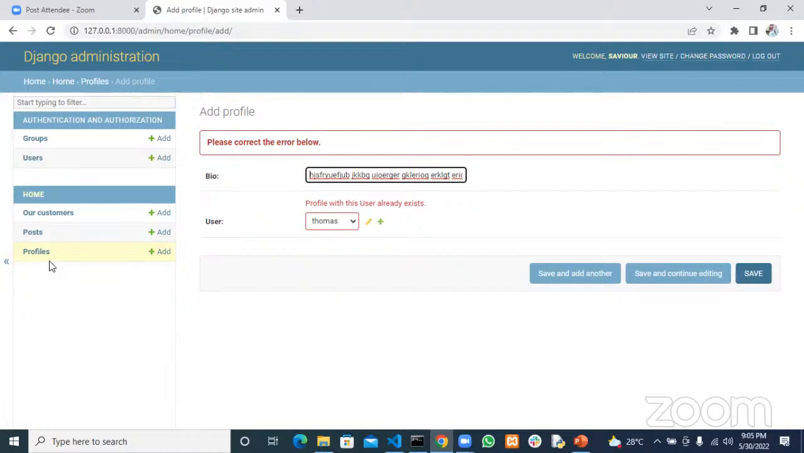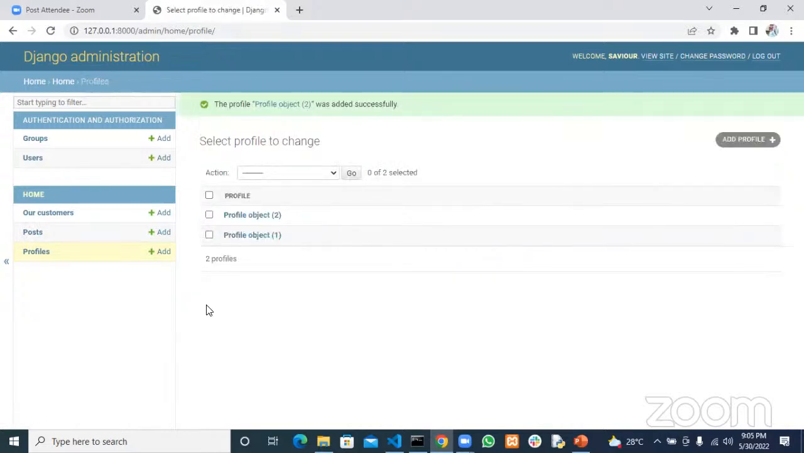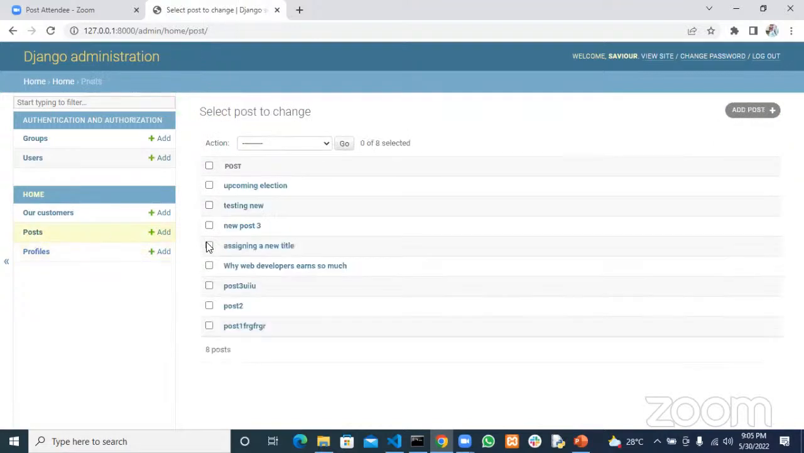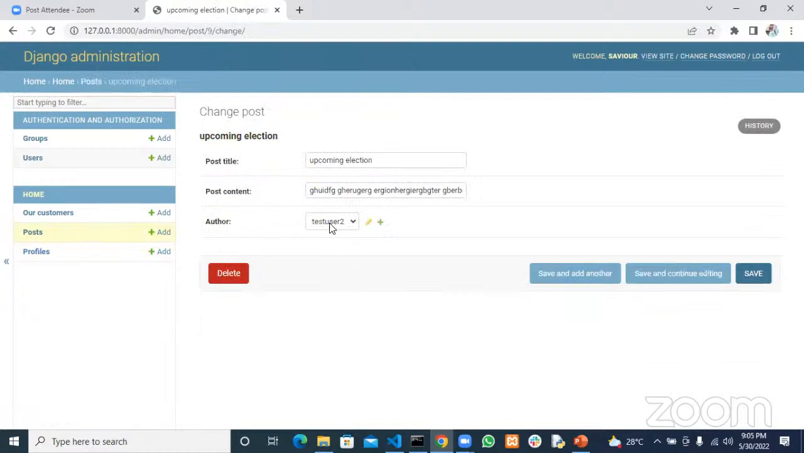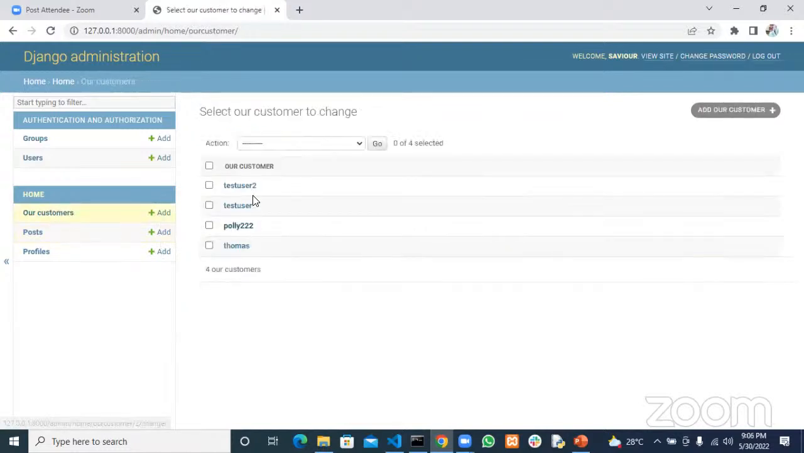Unlike a foreign key, where Thomas has multiple records in the post, here it's one is to one. So you have to choose someone else, like Polly, and give Polly that bio data. Now what happens when we delete something? We have a post here by test user. If I select test user, click on action, choose delete selected customer, and click go,